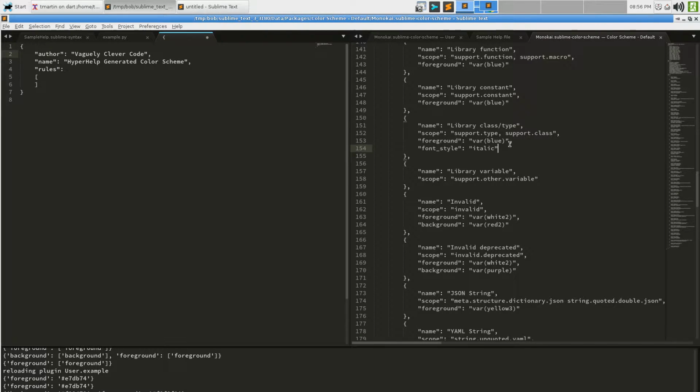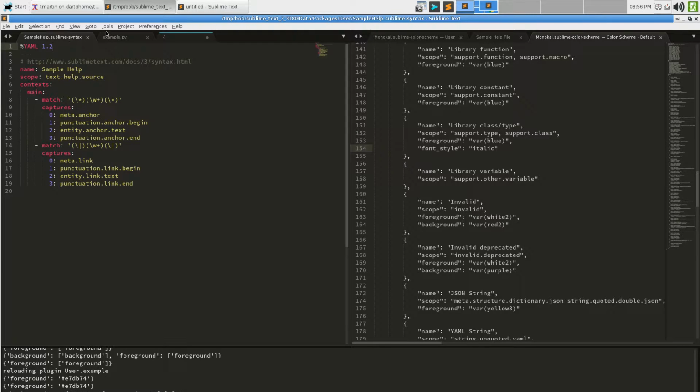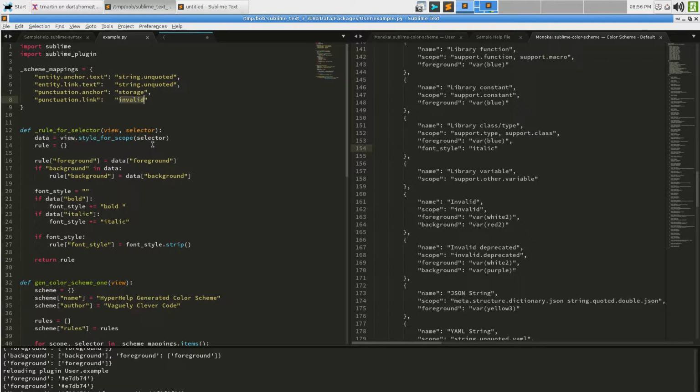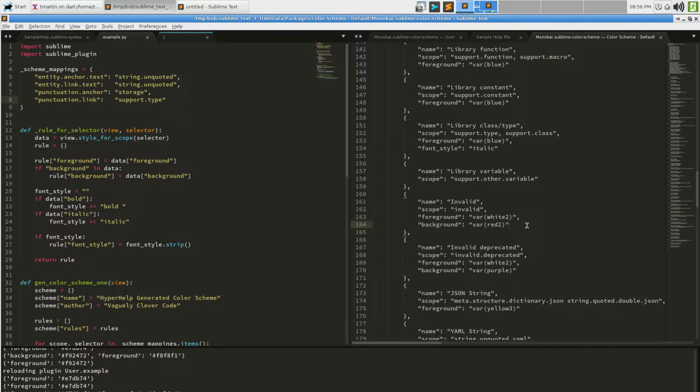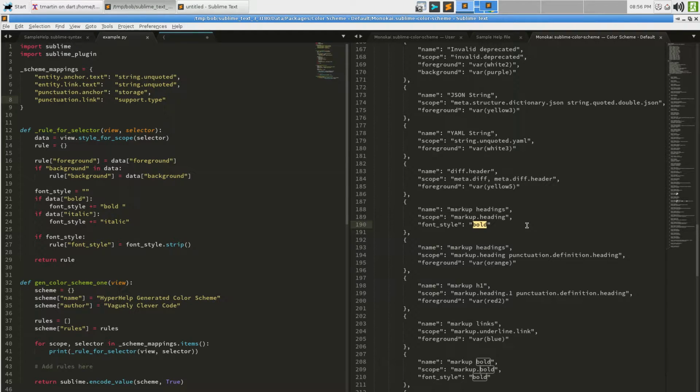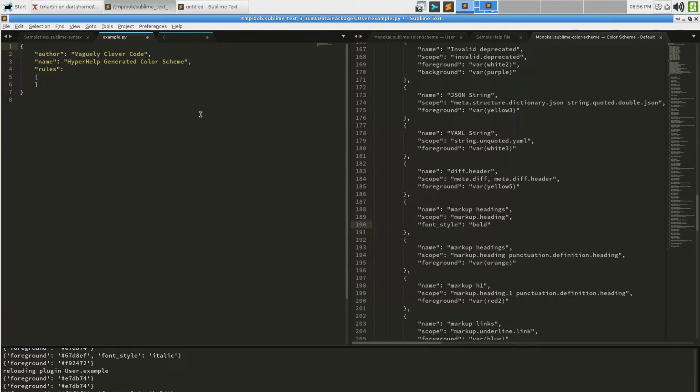Now, just again for our own edification here, if I change this to support.type, when I run it, that one has a font style of italic, like we would expect, right? If I was to change this to markup heading and spell it correctly, when I run it, we see the font style is bold, like we expect.